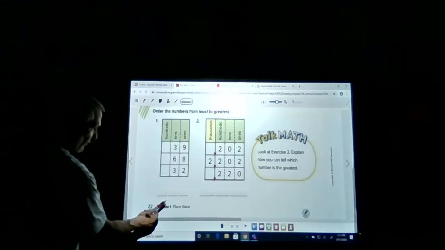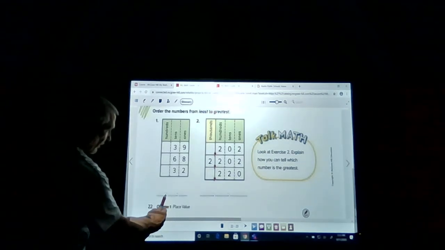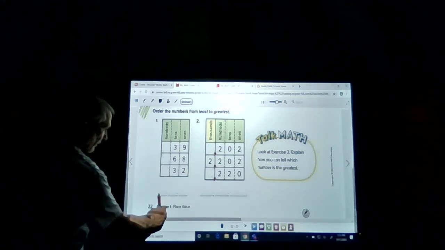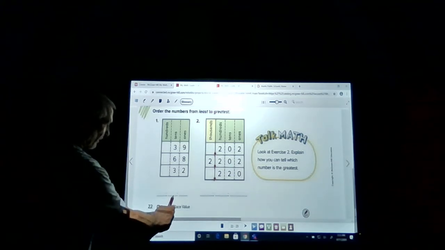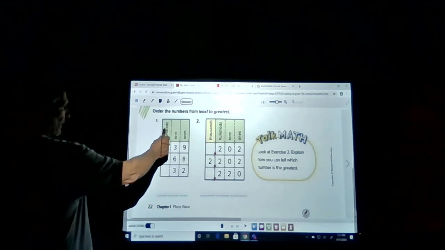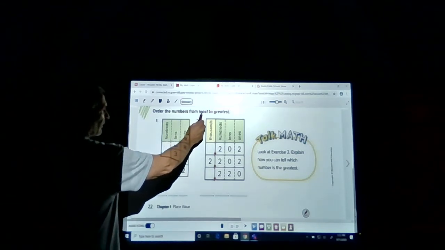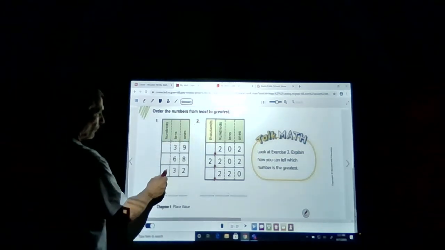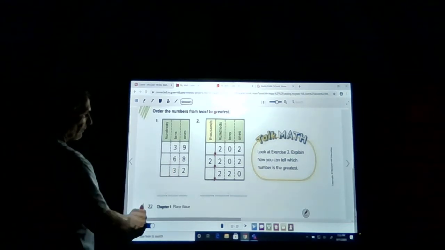And remember, I said you'd see this little thing called a semicolon, and that tells you that there's a number here, and that is separating. You're going to put your finger and leave a space, and then a number, a space, and a number for 3 numbers. Let's look at the greatest place. Well, there's nothing in the hundreds. The next greatest place is the tens. Can you see which one is the biggest? Easy, 68. It says least to greatest. So we don't want to put this one first. That would be greatest. So we're going to put that one last,